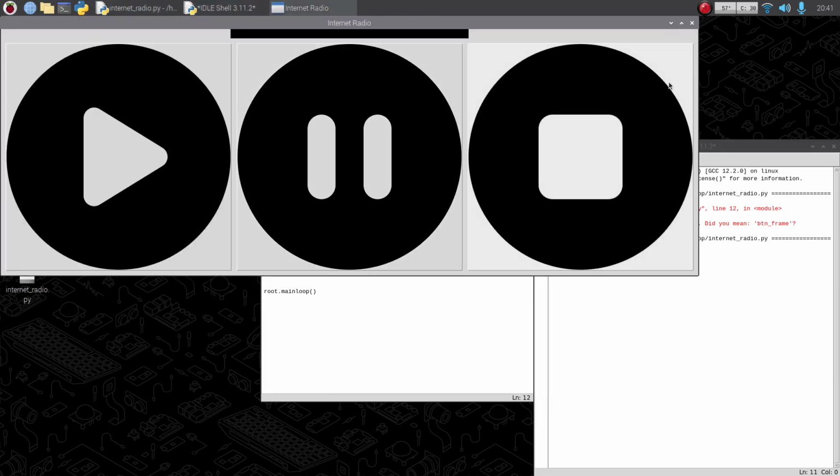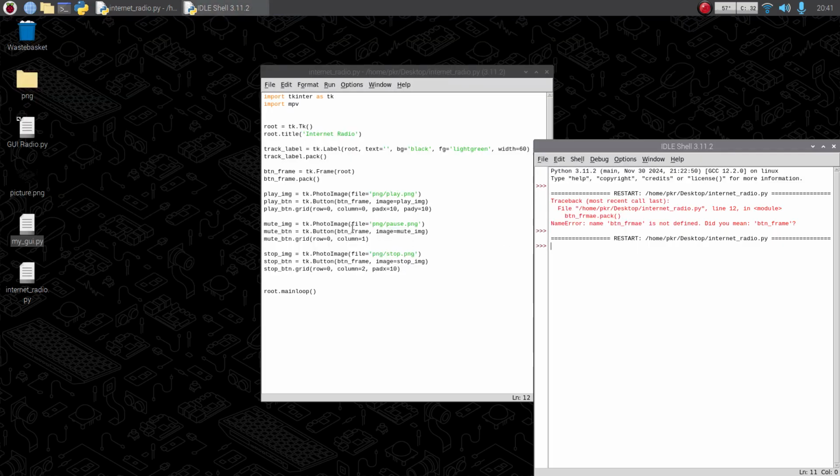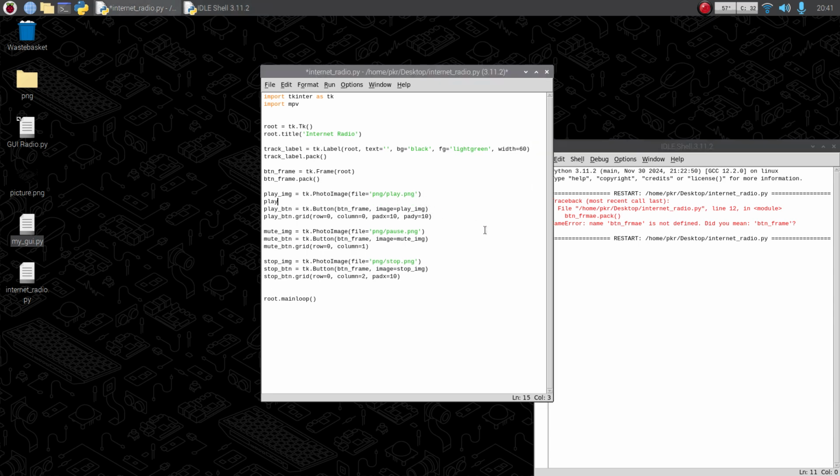Wowzers, they're big. Right, so that's our text size area. We need to resize these. So when you're working with images and you want to shrink it down, you need to use play underscore image is equal to, I don't know if you can add it actually into it. Let's try and add it into it. So what you need is sub, what's it called? Sub